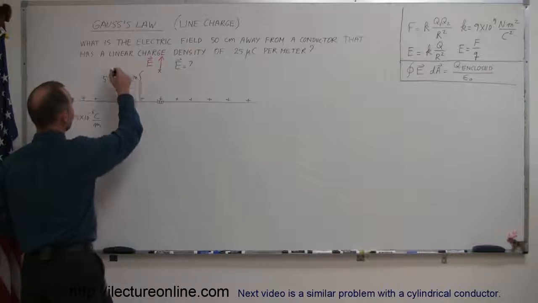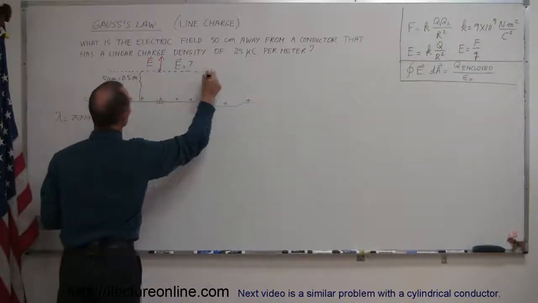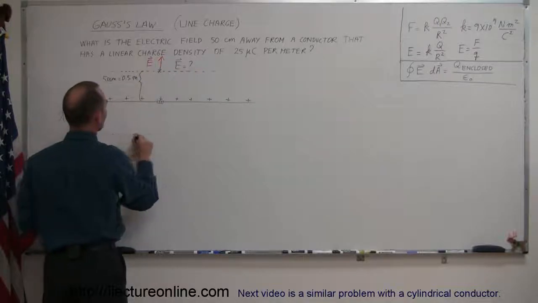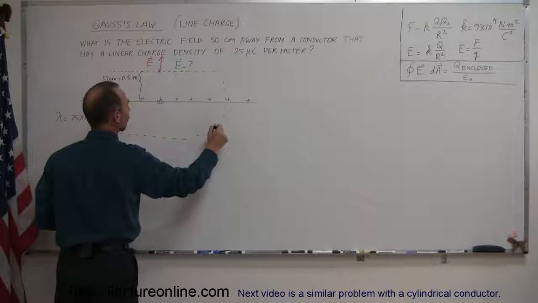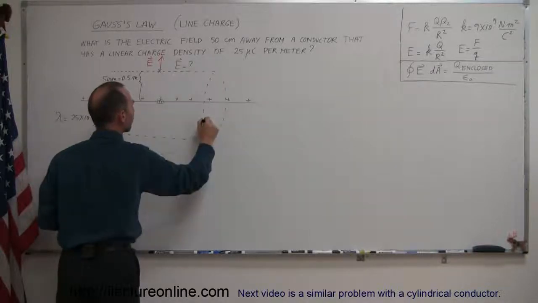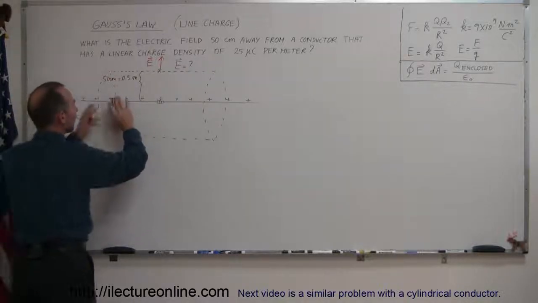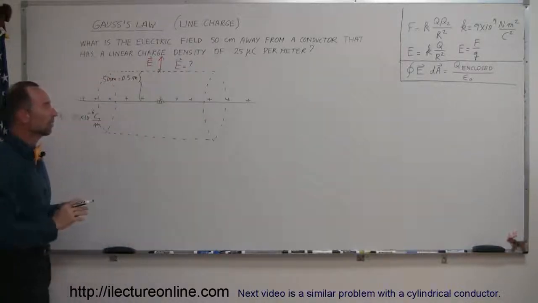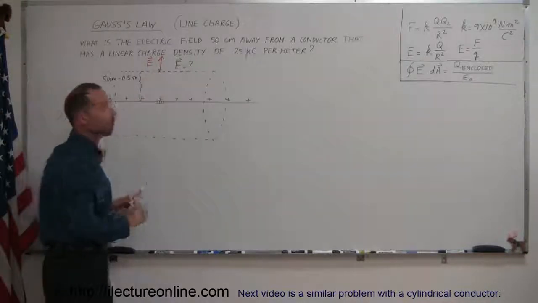He said that if you draw what we now call a Gaussian surface around it, which is perfectly symmetric, we're going to draw a cylindrical shape around my conductor here, in such a way that the edge of my shape goes right to the point of interest where I want to find